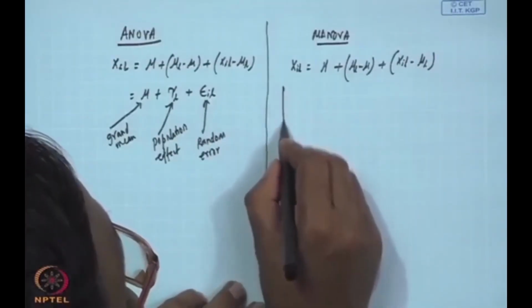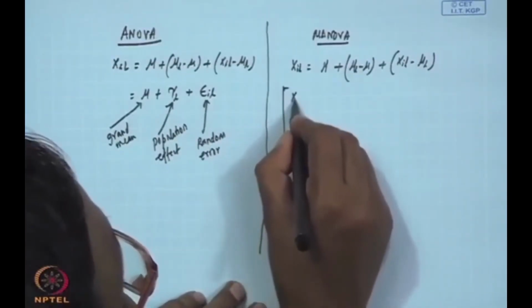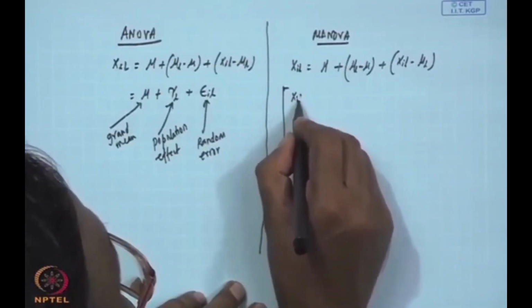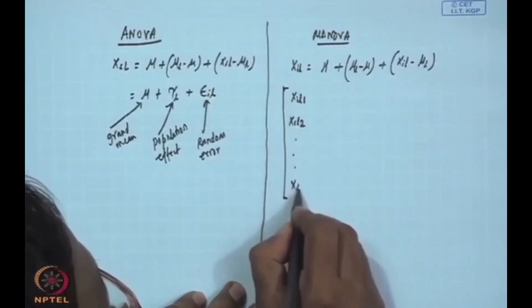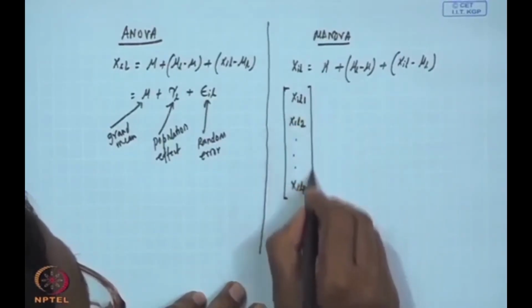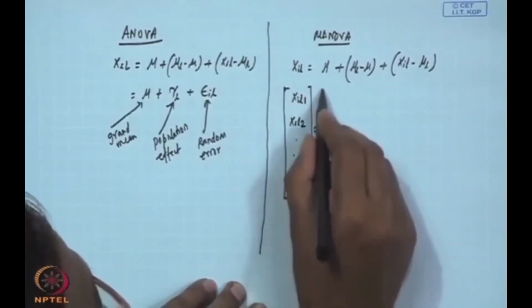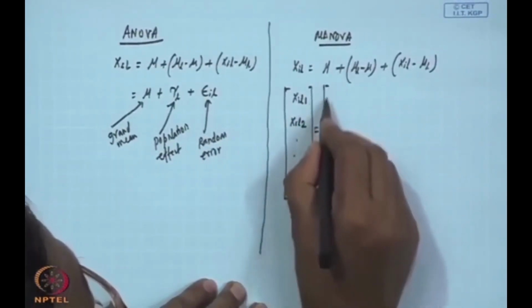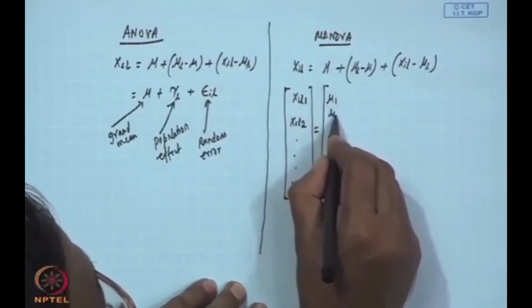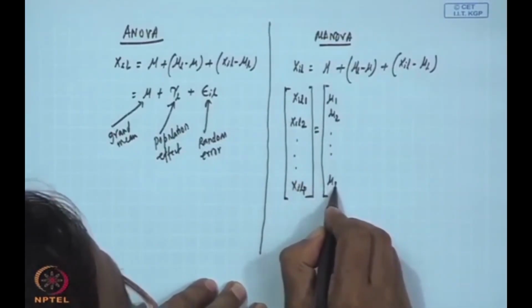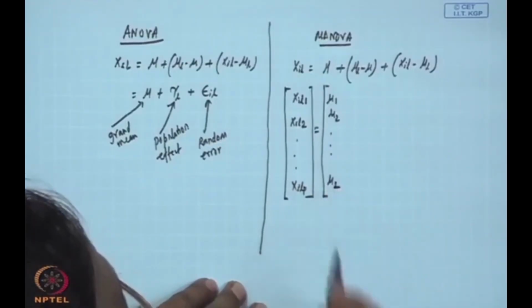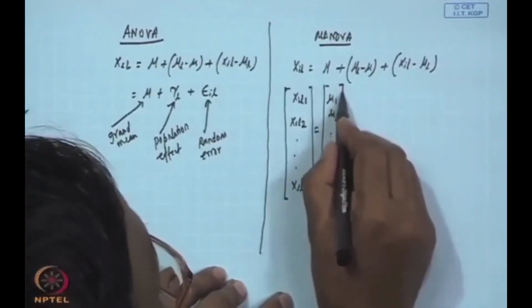So, it is similar. We have seen that XIL is XIL1, XIL2, up to XILP, p variables are there, which is equal to mu 1, mu 2, up to mu p, that is the grand mean case,